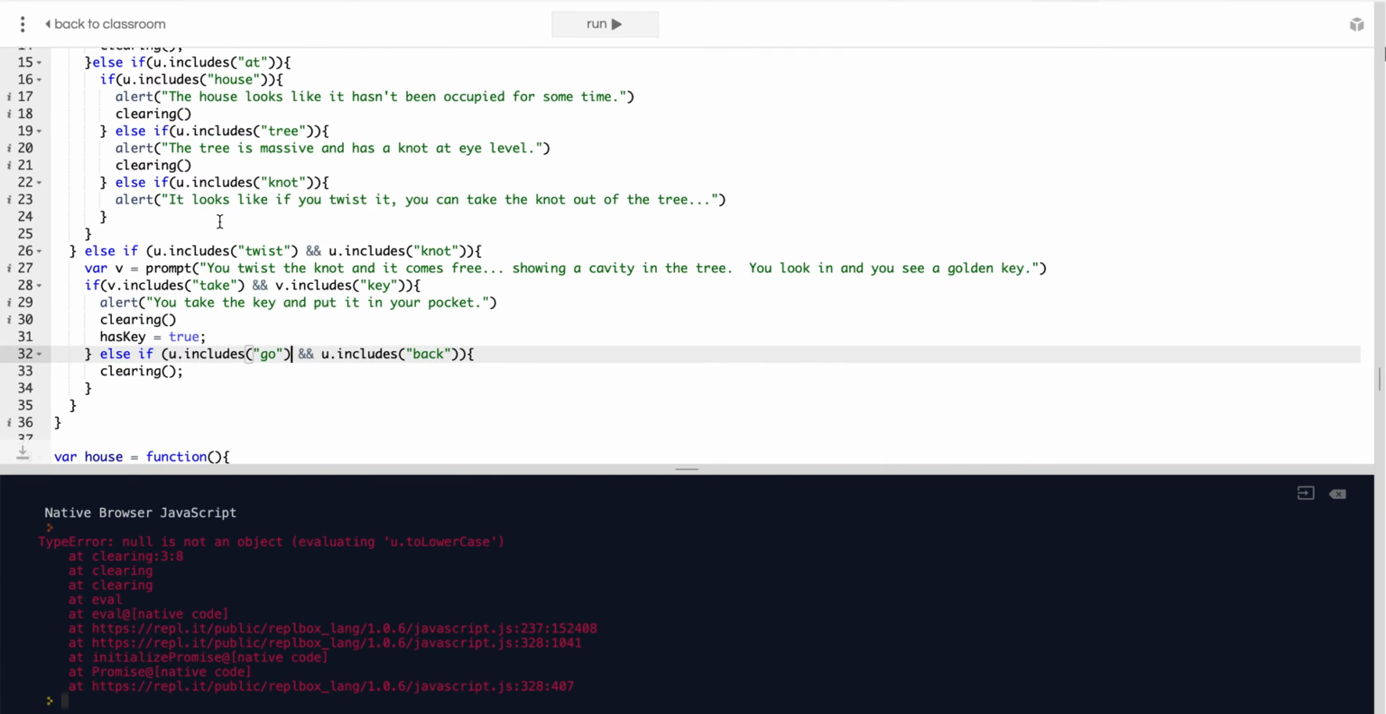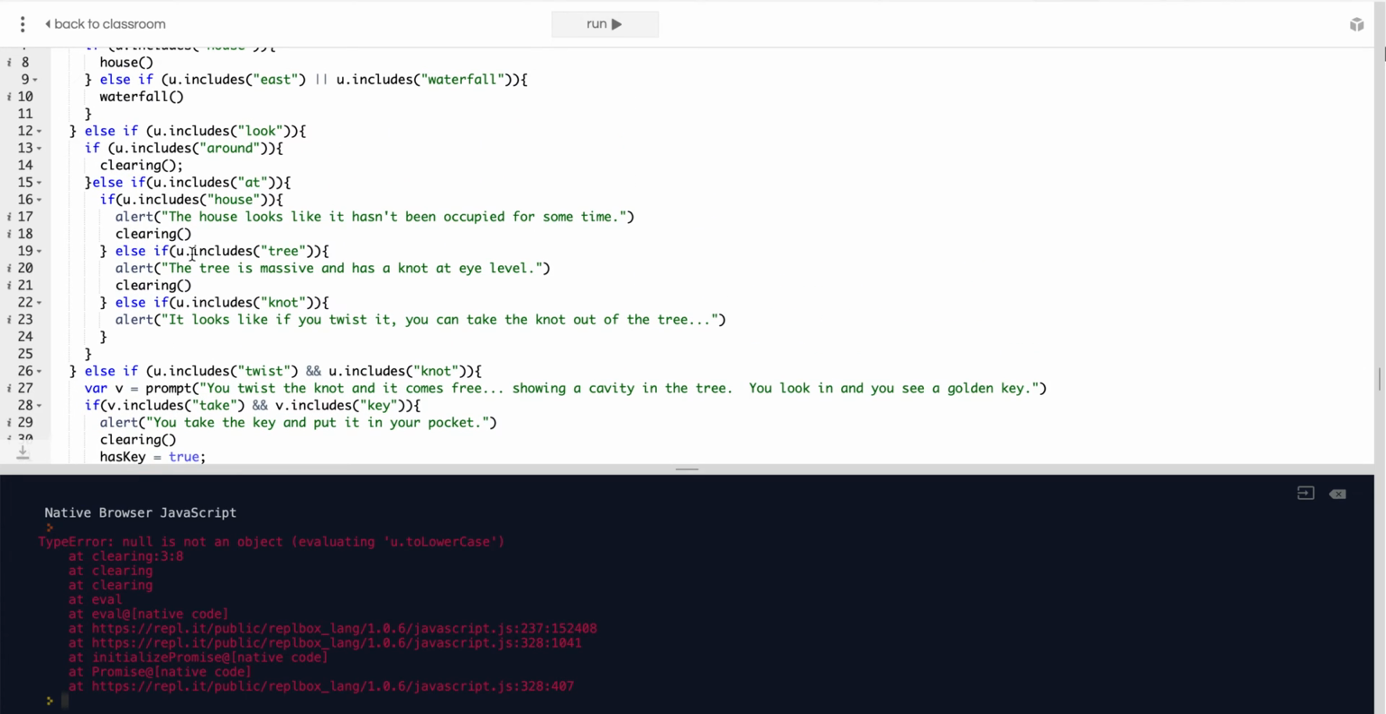Okay, so we have a situation now where if we're looking at the tree, right, the tree's massive and has a knot at eye level. There's going to be a case where we could look at the tree after we've already gotten the key. So how do we want to handle that situation? Well, the way that you handle it is by adding in another if statement. So else if u.includes tree,